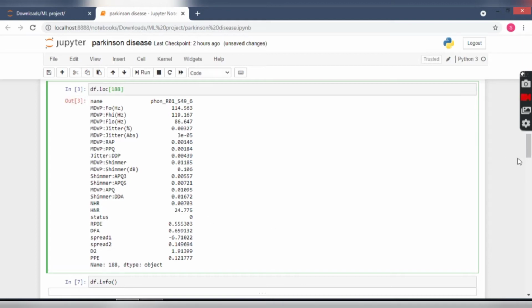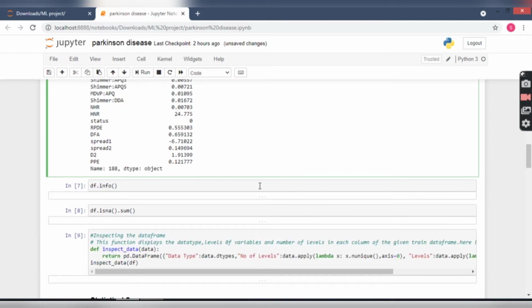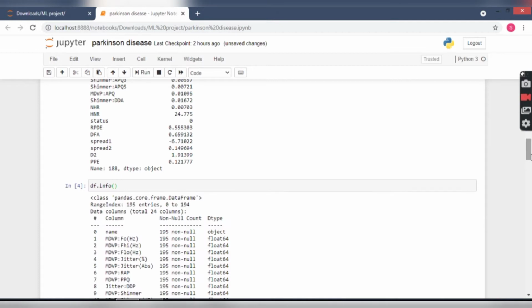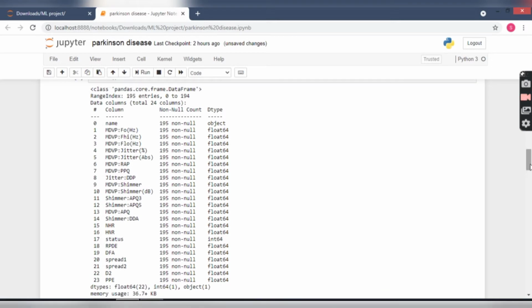After that we are going to see the info which our data frame has to show, and that can be shown by df.info. Here we get a good picture of our data, like what data type our data is given in. Here we have object, floats, integers.